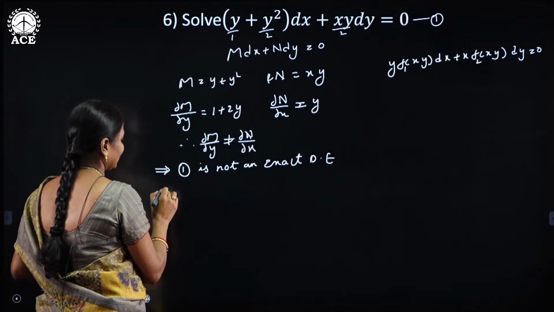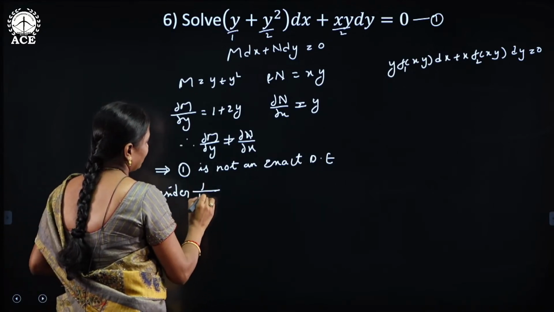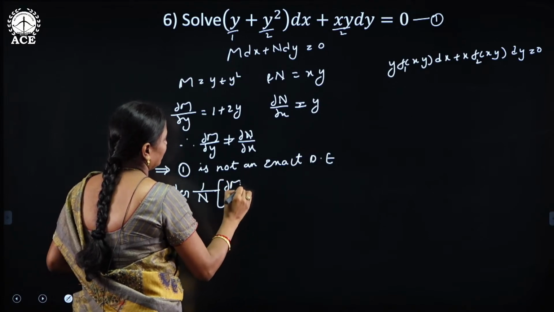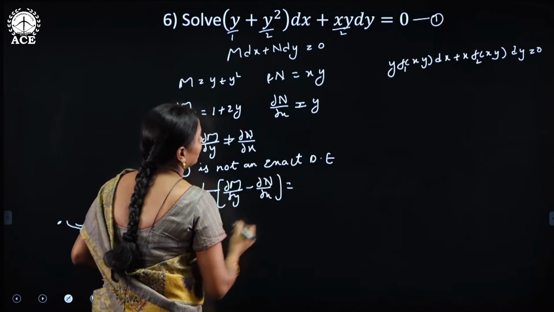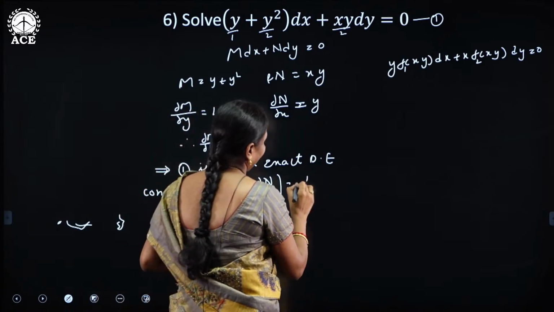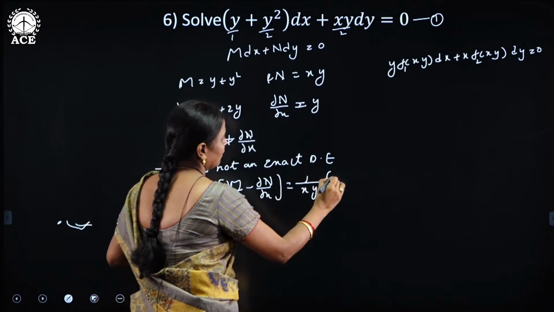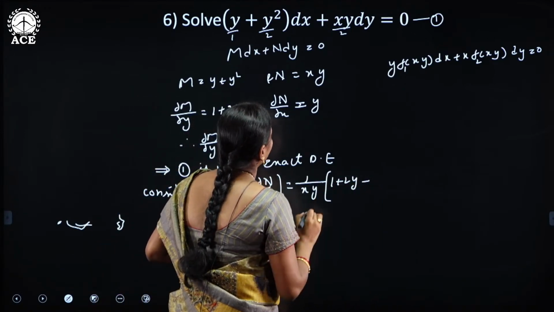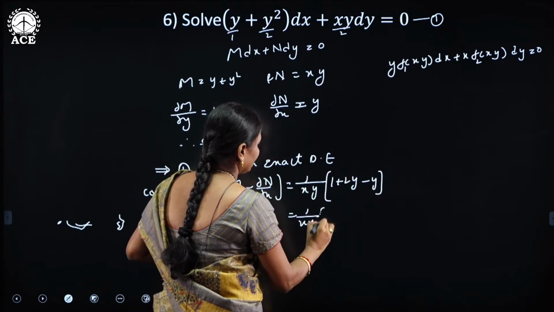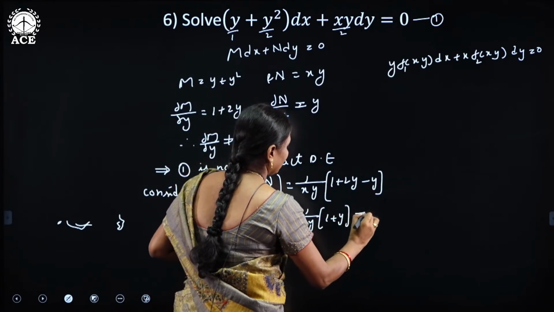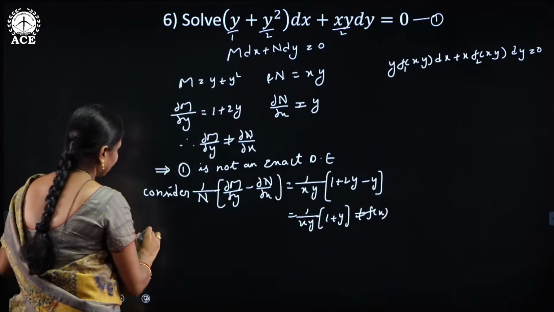In the third method, first consider the factor. What is the factor? Case 1: 1 by N into (∂M/∂y minus ∂N/∂x). What is N? It is xy. So 1 by xy into (∂M/∂y, which is 1 plus 2y, minus ∂N/∂x, which is y), which is equal to 1 by xy into (1 plus y), which is not equal to f of x. That means in the third method, case 1 fails. Again consider